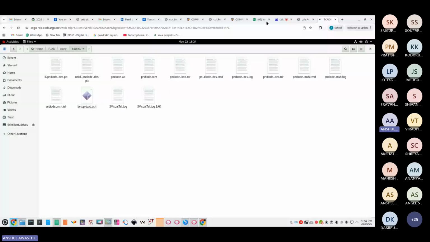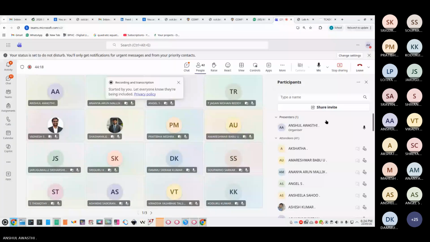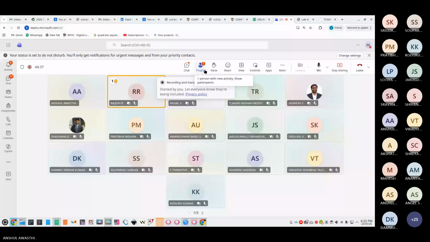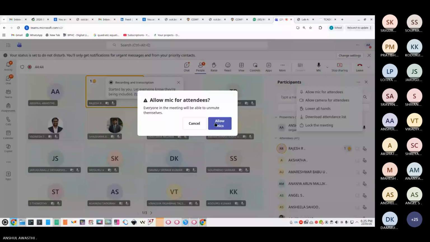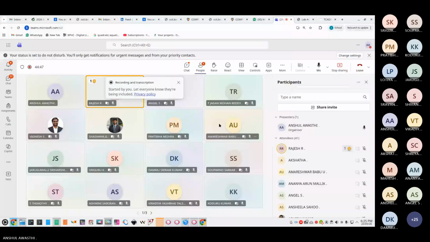Any doubt regarding this? You can type it, or I'll try to unmute you. Now you can ask if you want to ask something. I have disabled your